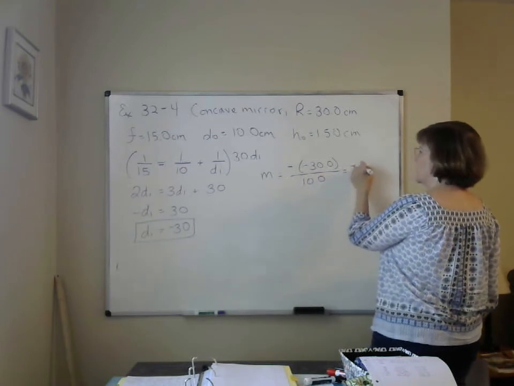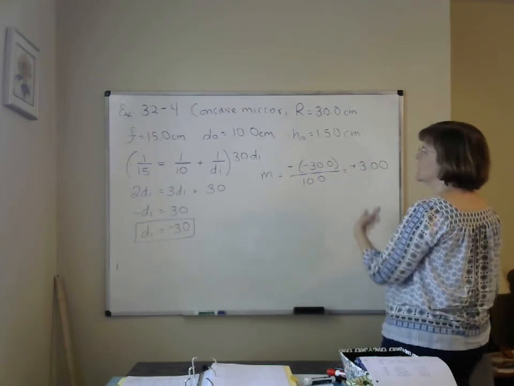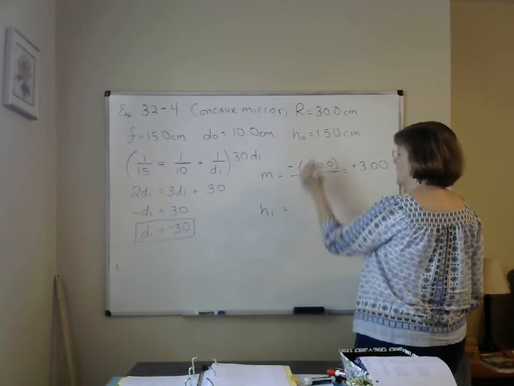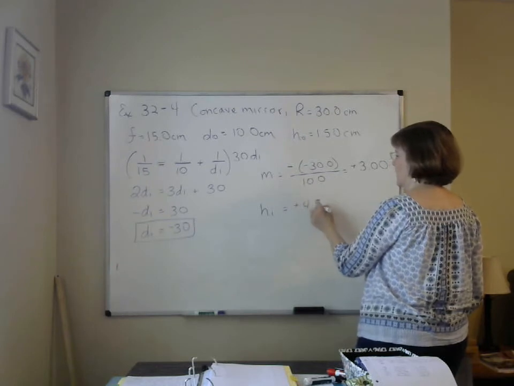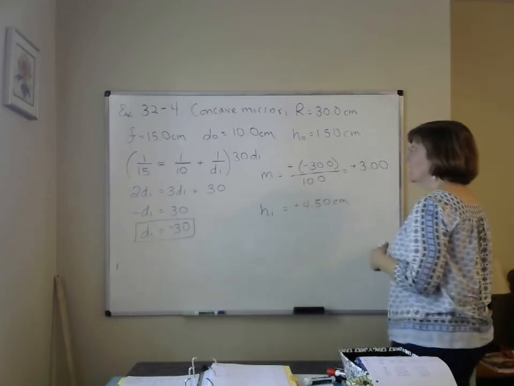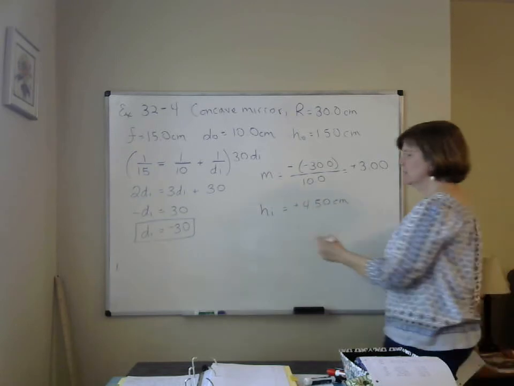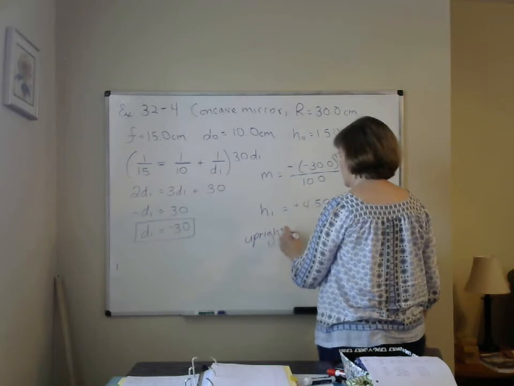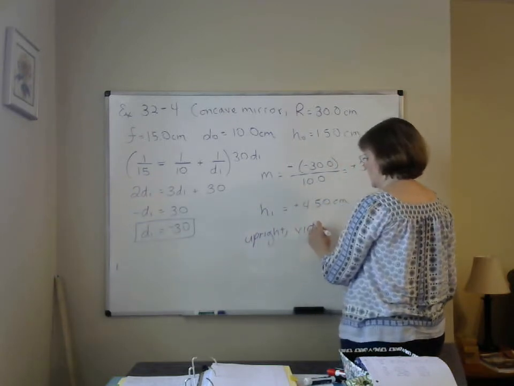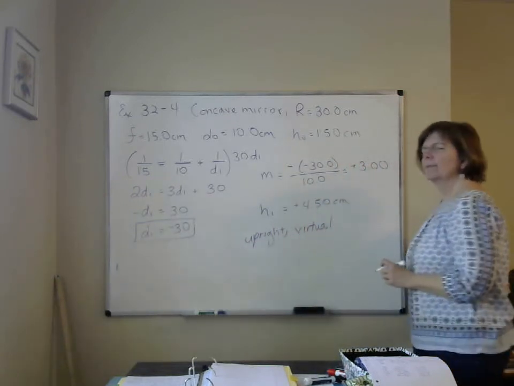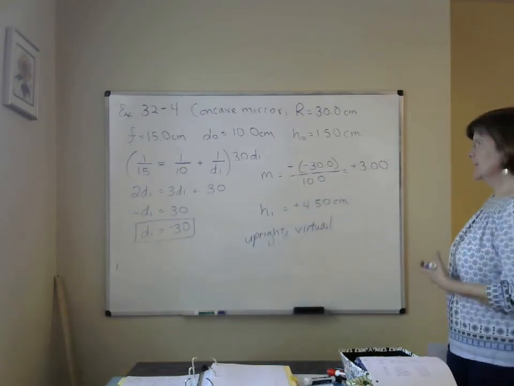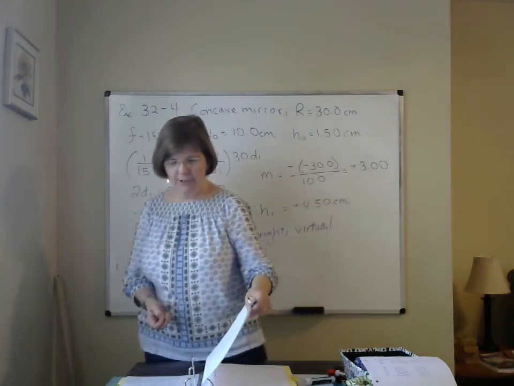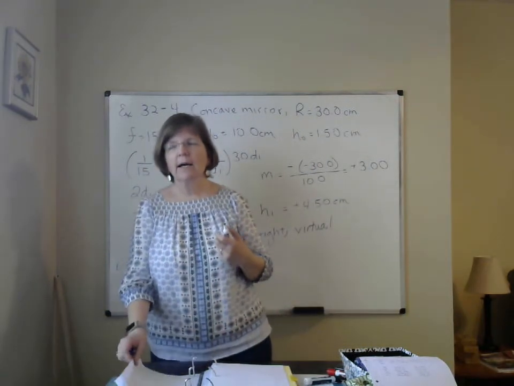That one comes out to just be positive 3. So this time, our object, our image, is going to be positive 4.5 centimeters. The fact that the magnification is positive tells us that it's upright. The fact that it's upright tells me that it is a virtual image. The real images are always upside down. All right. That should give you a pretty good understanding of